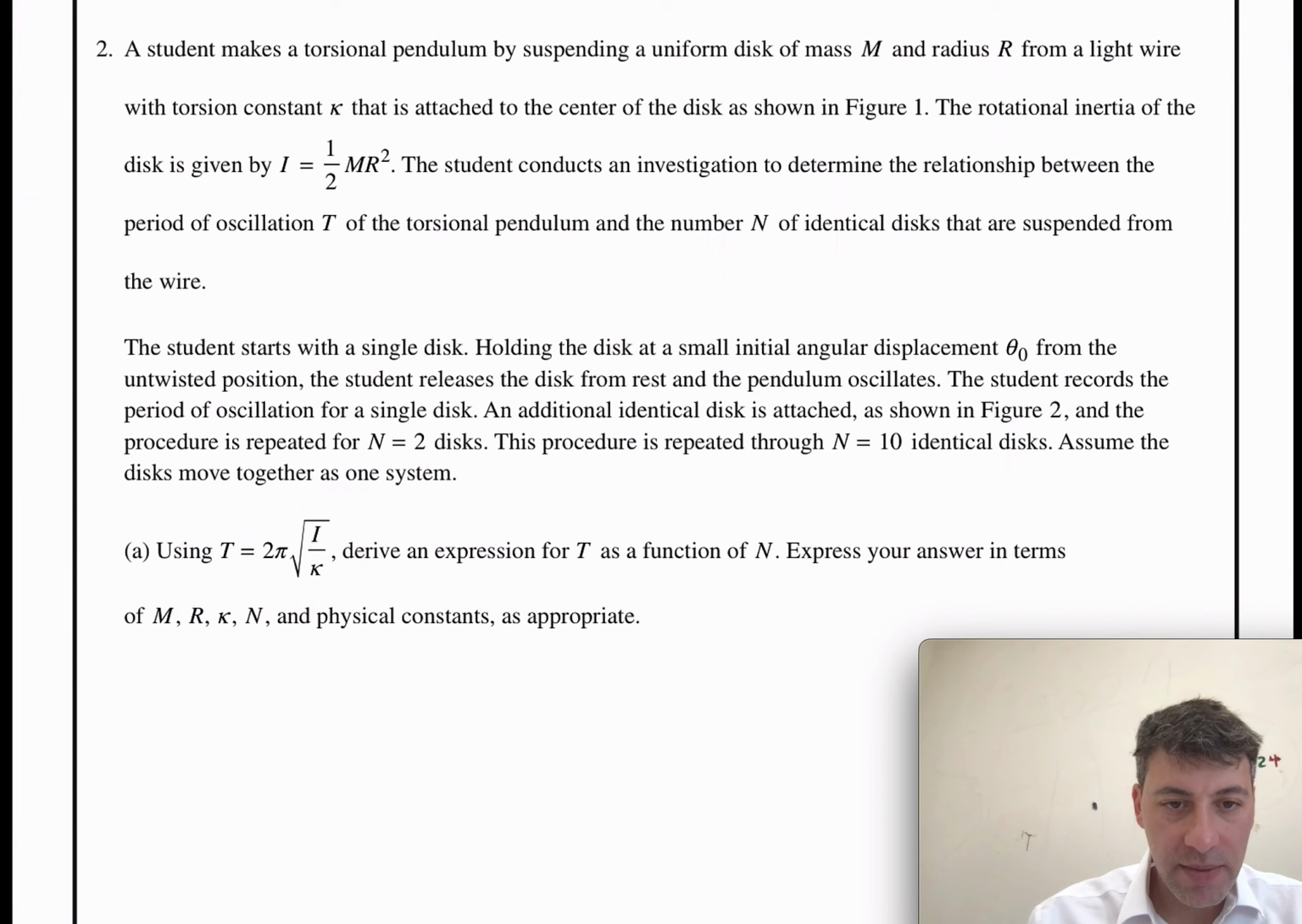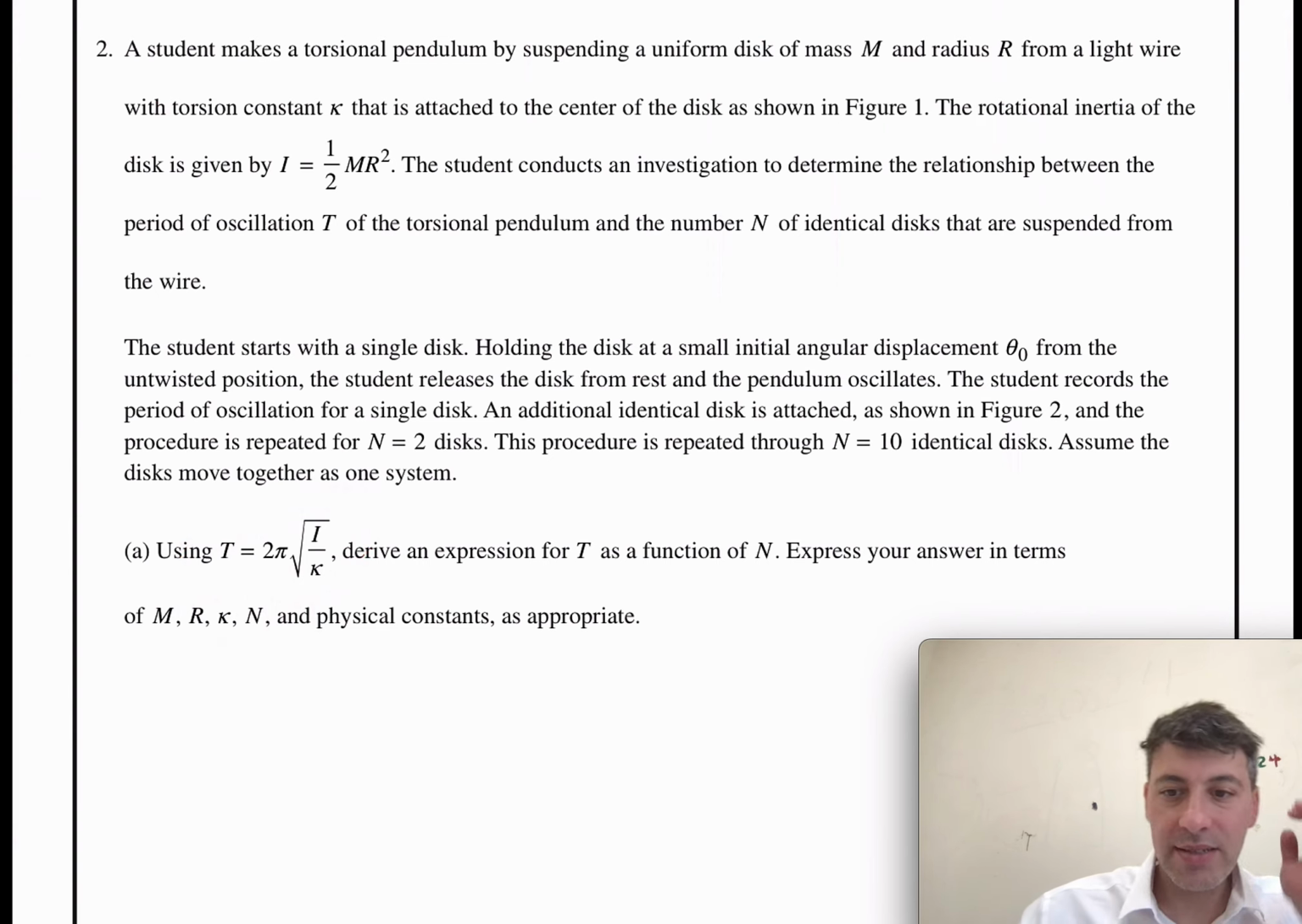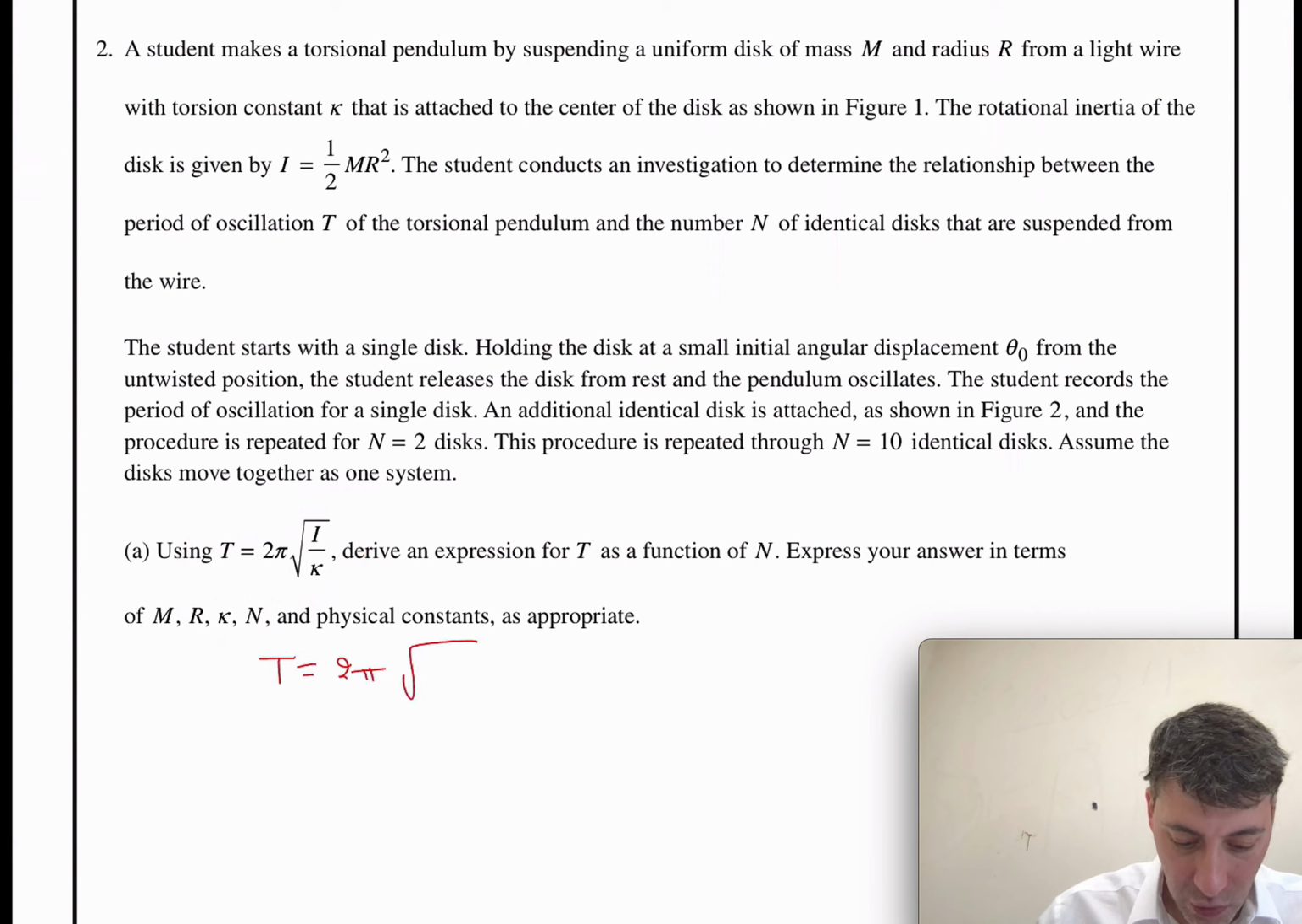We need to find an expression of the period as a function of the number of discs. Now, be a little bit careful: when he tells you to derive an expression, it doesn't necessarily mean to take a function and differentiate it. Maybe we'll need to do that, but it's not really necessary. I think that what he means here is take this rule that is given, 2 pi root of moment of inertia divided by the constant k, and